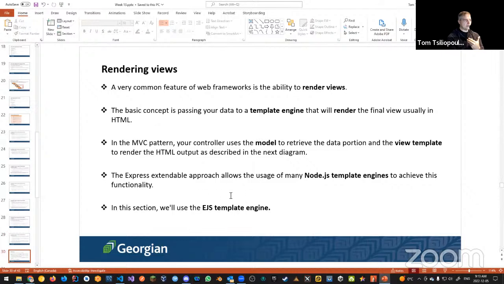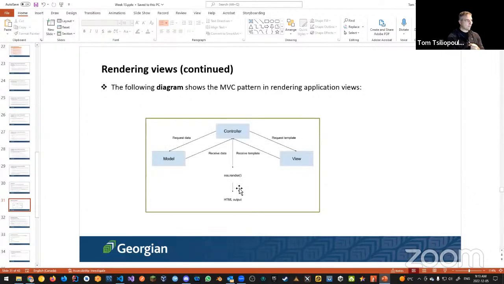How do we render views? Well, we're going to use the EJS templating engine. And the way it works typically with a model view controller design pattern, like we've talked about maybe briefly before, and Rich is going to go more into the model view controller design pattern. We have our view, which is seen by our user. So this is kind of how it works. The user says, I want to go to this website, right? And the view sends a request to the controller right over here.